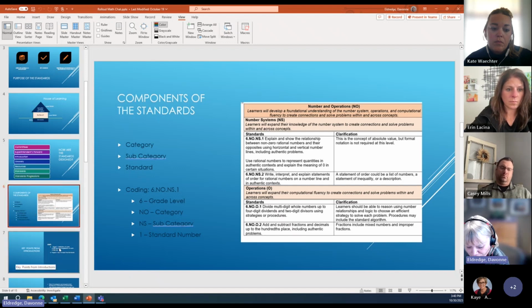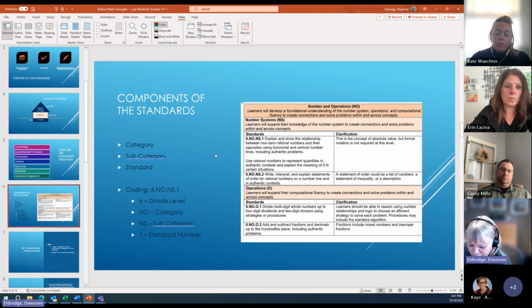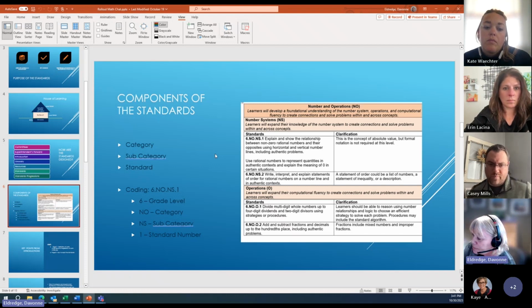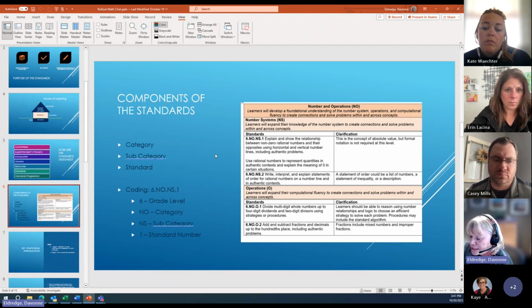The next thing that you're going to see is that we have subcategories. These are the lighter shade of the color. This is where the students identify some of the components that are necessary to help students achieve the goals set within the category. And the subcategories are mainly seen in grades K through 8. The only subcategory that is used at the high school level is the functions category within the algebraic reasoning.